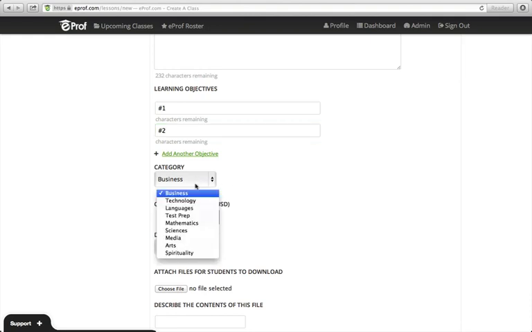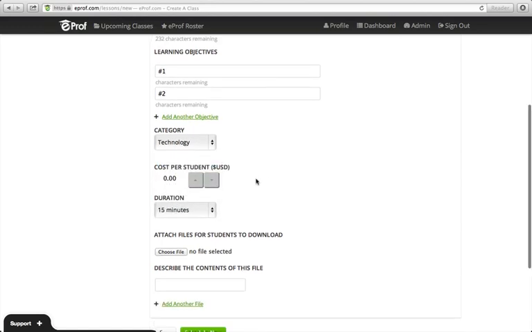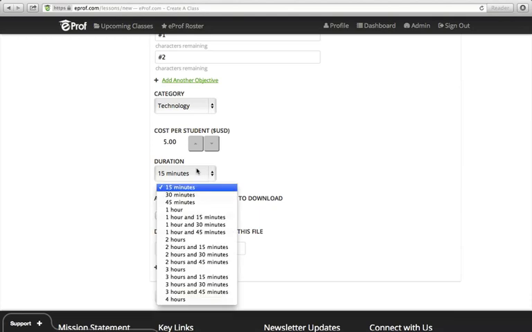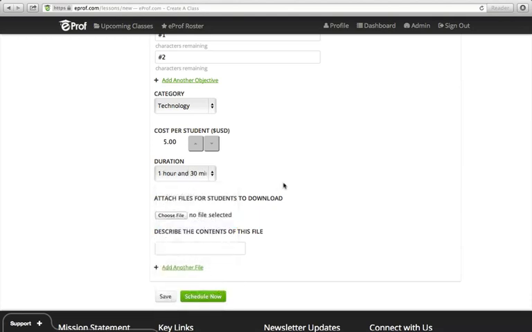Each class is going to have its own category, so whether it's business, technology, languages, you just pick one of those. You're going to pick a cost per student, so this is how much students are going to be paying for your class. If you'd like to do a free class, you just leave it at 0, but I'm going to make this one a $5 class. The duration is going to be anywhere up to 4 hours, but I'll make this one an hour and a